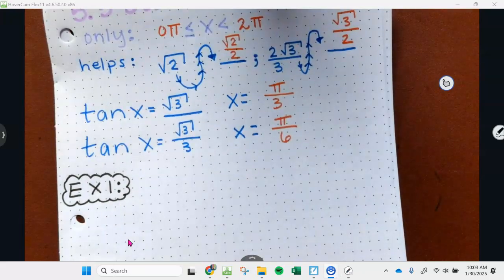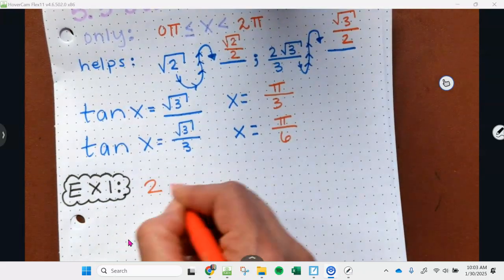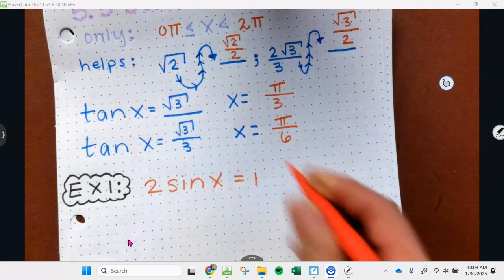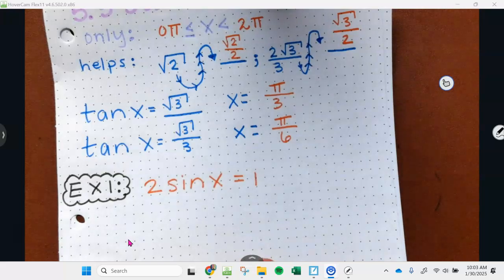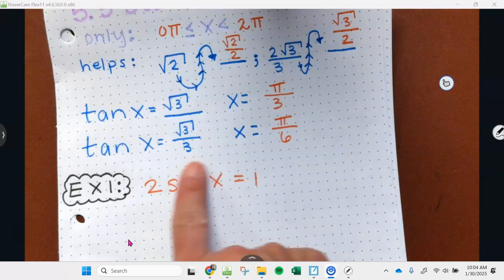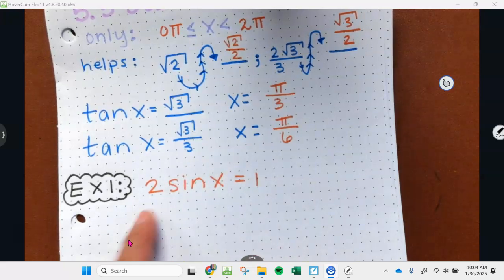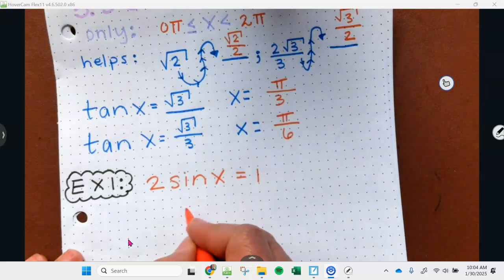If you could please write down 2 sine x equals 1. We are solving for x. We're solving for the degrees. So if you notice, the sine x is going to stay together, but I do need to get rid of the 2, so I'm going to divide both sides by 2. So I have sine x